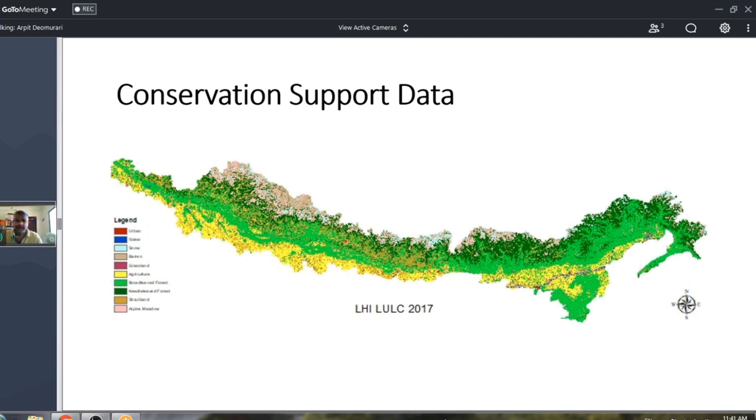2000, 2010, and 2017, at a 30-meter resolution. And if anyone is aware of remote sensing and land use classification, it's a humongous task. You're talking about one single year of imagery at 30 meter in this size was somewhere around 124 GB plus different layers.